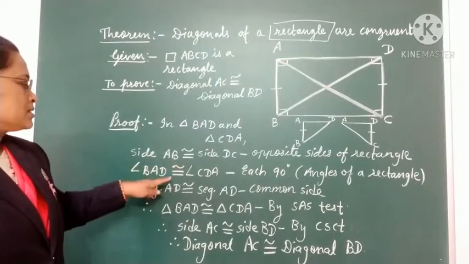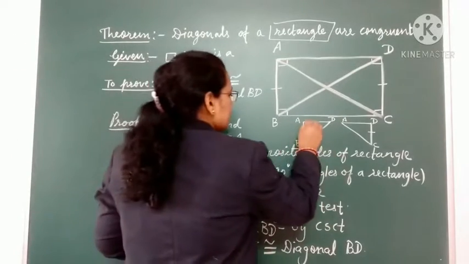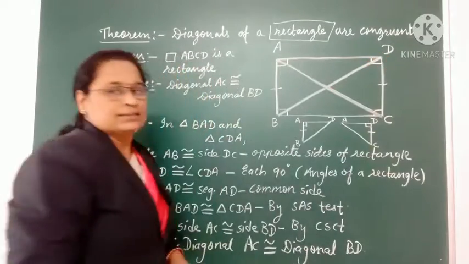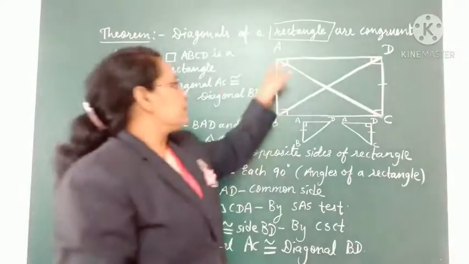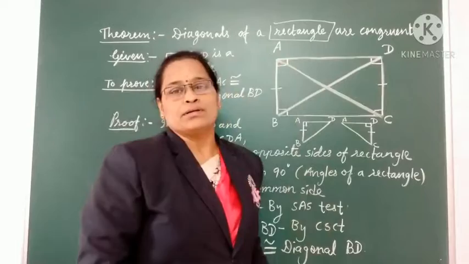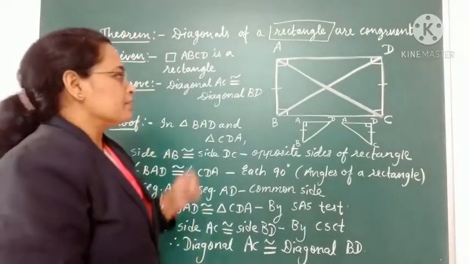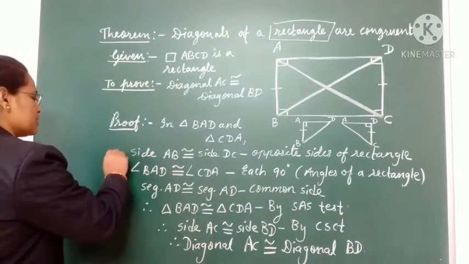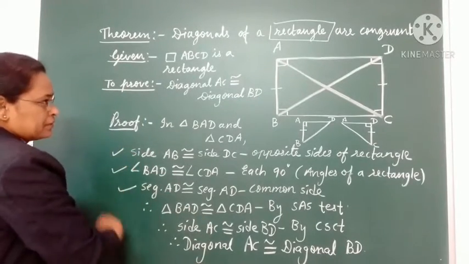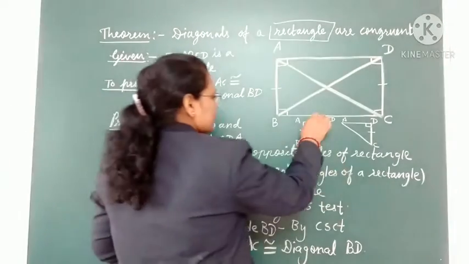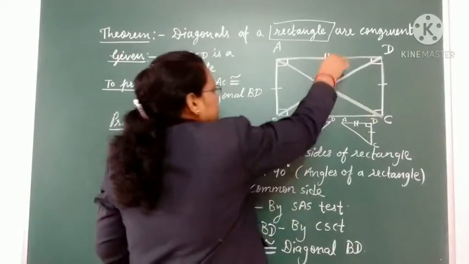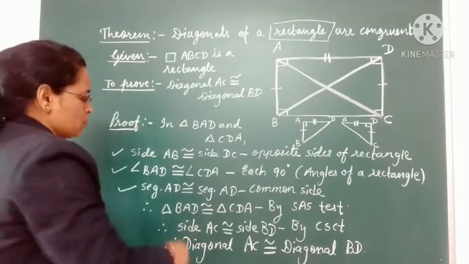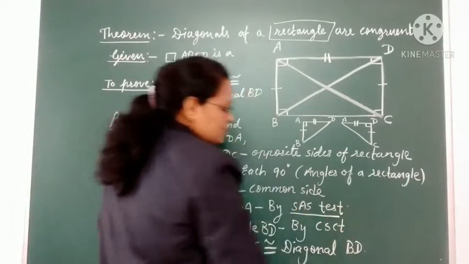One element. Second element we'll see, angle A is congruent to angle D. Angle BAD is congruent to angle CDA because both of them are 90 degree. Every angle of a rectangle is 90 degree. Then that is the second element. So first element is over, second is over, third element we need. Third element is side AD congruent to side AD, which is the common side. And therefore by these three elements we can say both the triangles are congruent by SAS test of congruency of